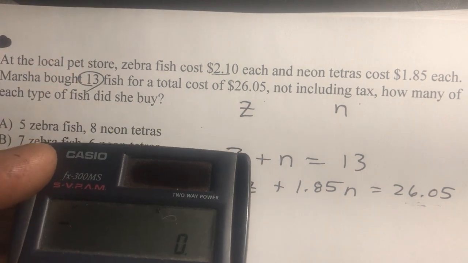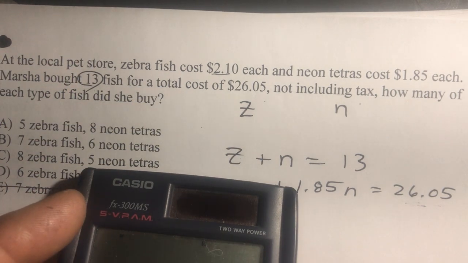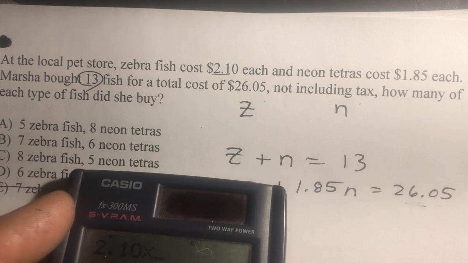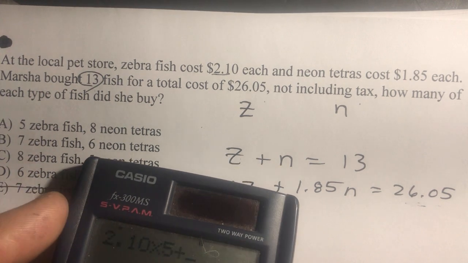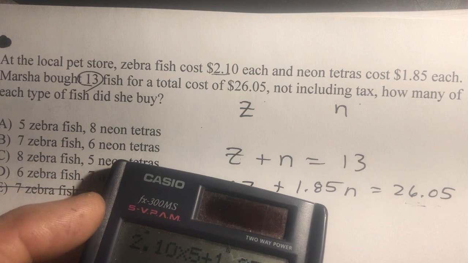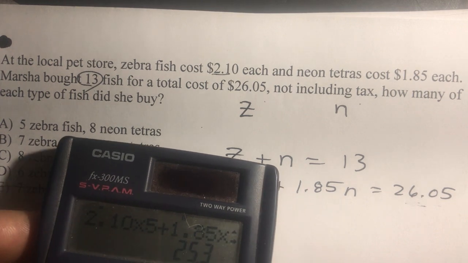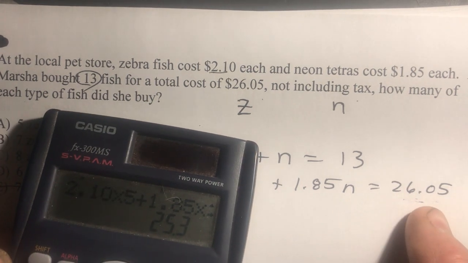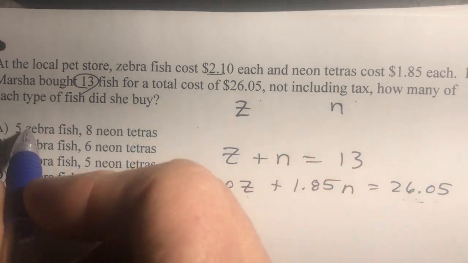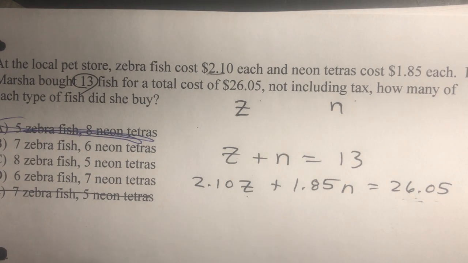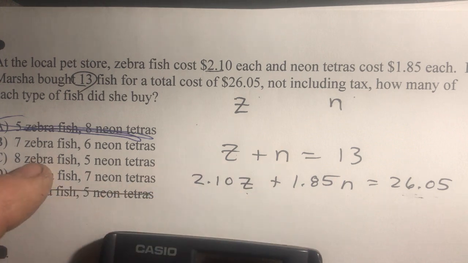All right, so I'm going to do 2.10 times 5 plus 1.85 times 8. And look, I got 2530. See, I didn't get the right answer there, so this one's out. That one's not right. All right, so now I'm going to put 7 in for Z and put 6 in